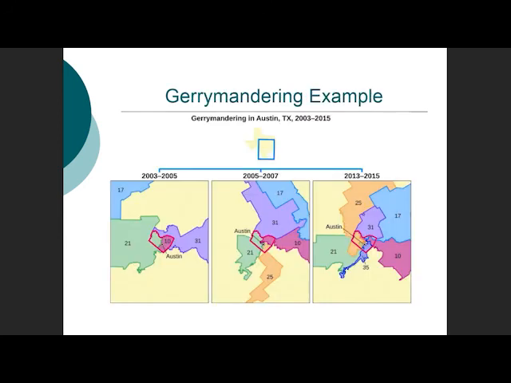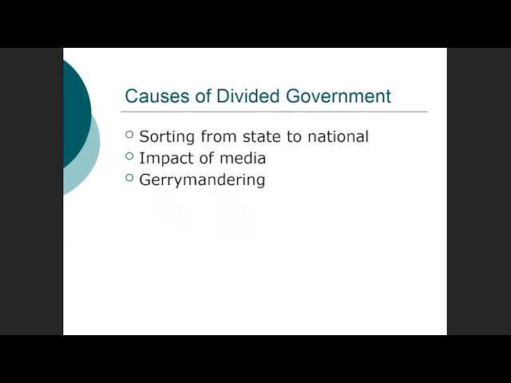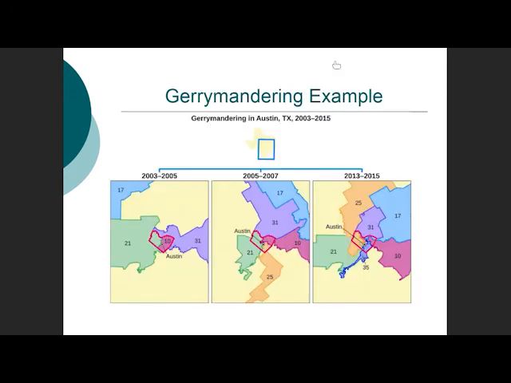All right, so I am not going to start showing you the gerrymandering examples with just a couple minutes left, so we'll stop here today. Are there any questions about any of the material I've covered today? If not, we'll start next week on our gerrymandering examples, talk about how that works, and finish off some of the discussion on political parties next week.